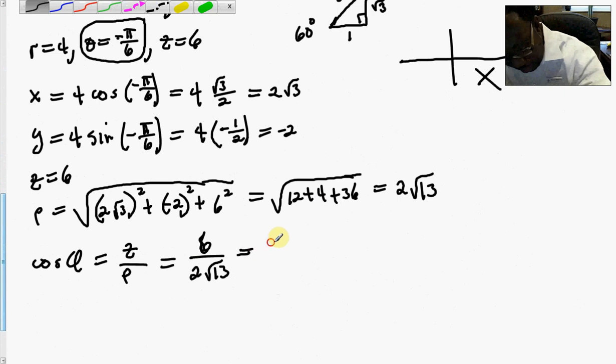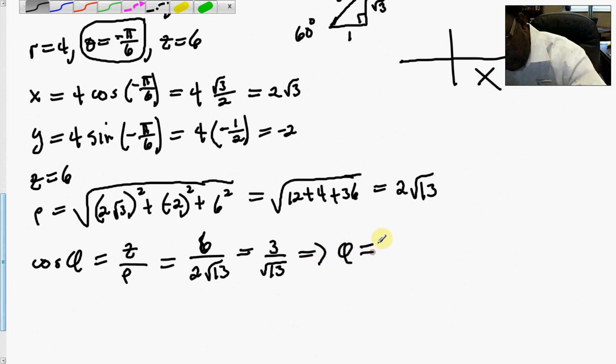So here we get 3 over the square root of 13, and so that implies that phi is equal to